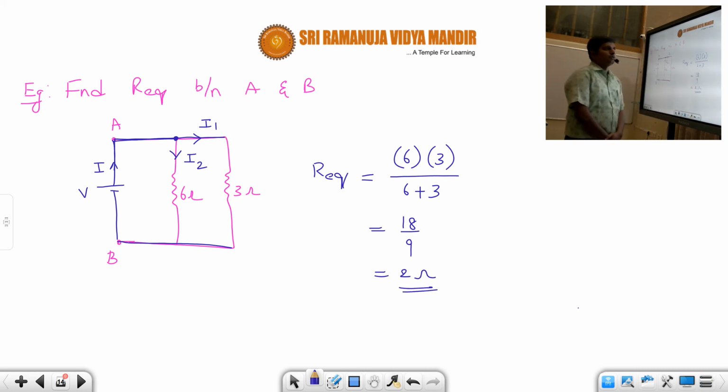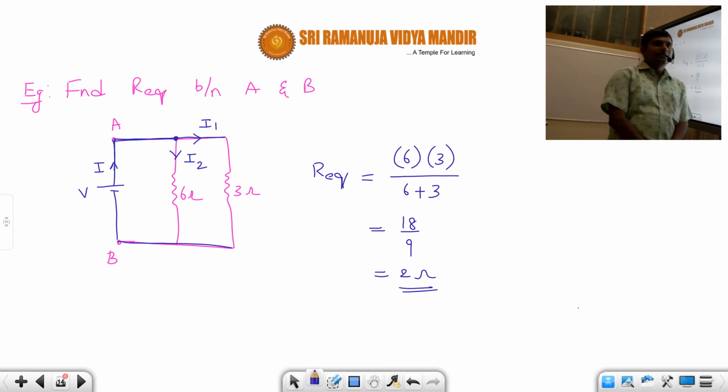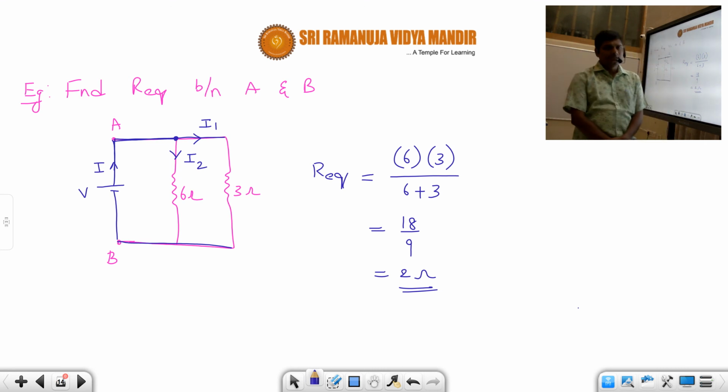I hope you understood how to find the equivalent resistance when the resistors are in series and when the resistors are in parallel. Very easy. And in the next session we'll see what happens when resistors in the same circuit are in series as well as in parallel, and how to find that. That is also very interesting. If you know these, that will become very easy, students. So in the next session we are going to see how to calculate the equivalent resistance in series and parallel. So thank you very much, students.